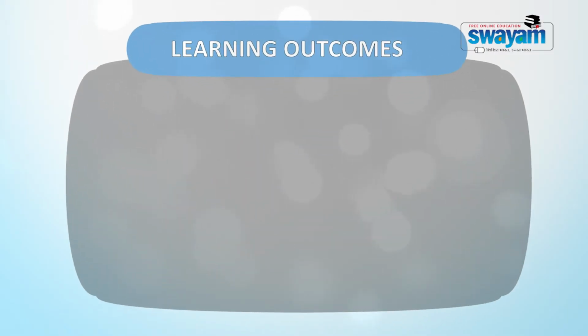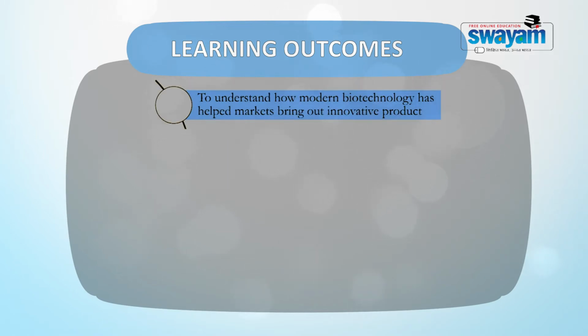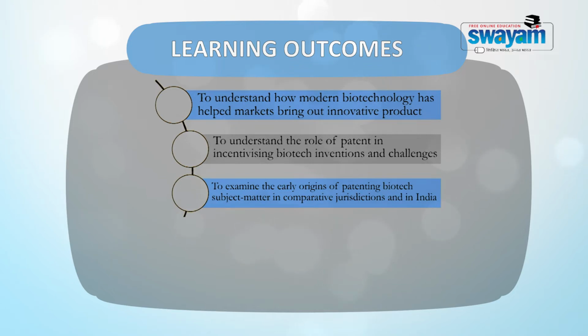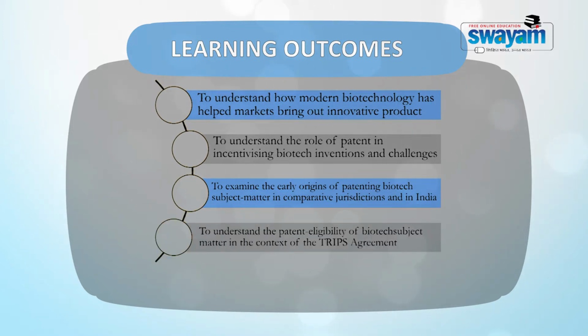So let me briefly explain the learning objectives. We are here to understand how modern biotechnology has helped markets in bringing out innovative products that are very technology intensive, to understand the role of patents in incentivizing biotech inventions and the challenges that biotech technology poses to the patent system, to examine the early origins of patenting biotechnology subject matter in different jurisdictions and in India, to also understand how patent eligibility of biotech subject matter has been discussed and debated during the TRIPS context,